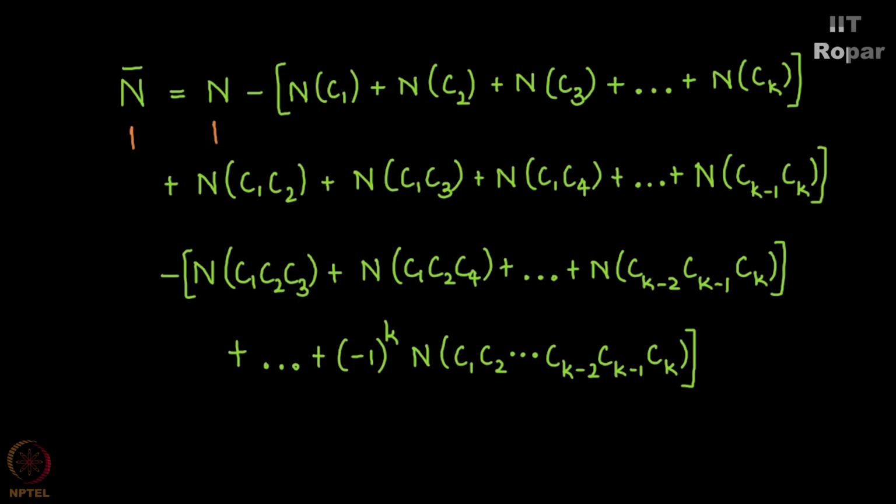So once in n bar, once in n, and in n of C1 it is not counted because it is not inside C1. In none of these entities is it counted. Please note, a zero contribution from the first term in this n of C1 plus n of C2 up to n of Ck, it is not counted. So 0. The next one is also 0. So on and so forth, everything is 0. So 1 on the left hand side and 1 minus 0 on the right hand side, which is 1 on the right hand side.